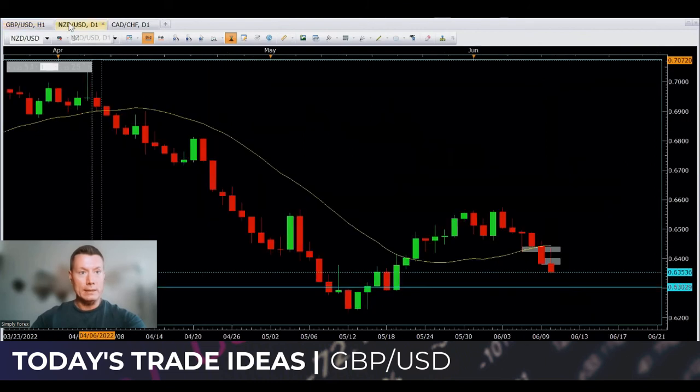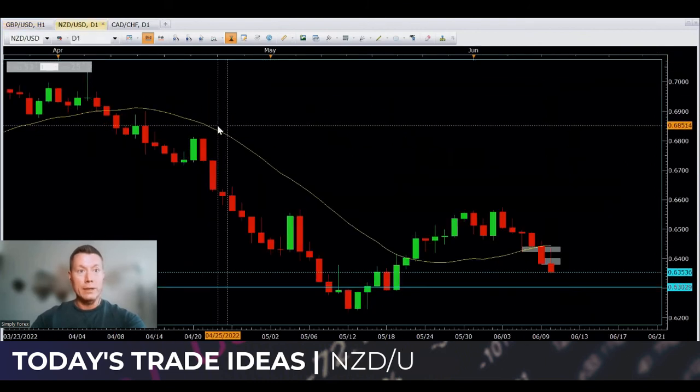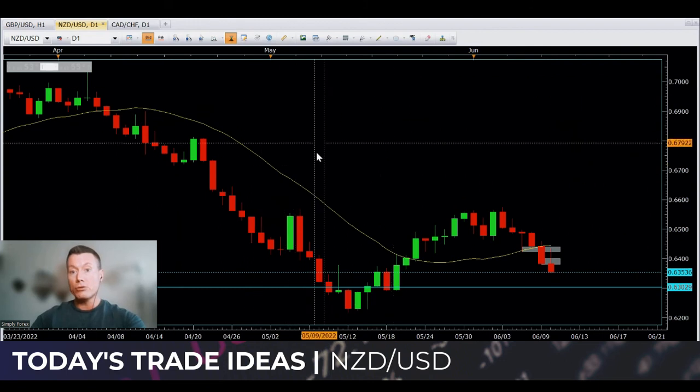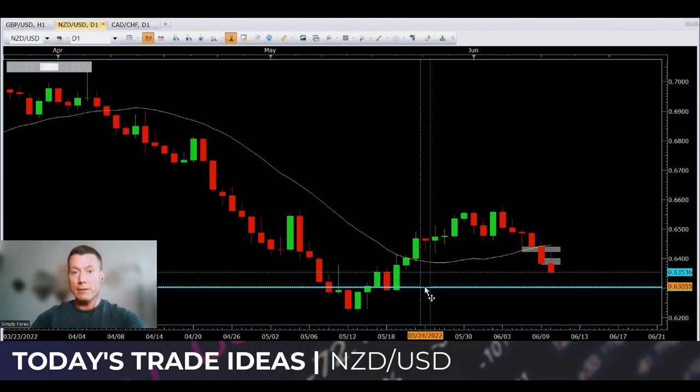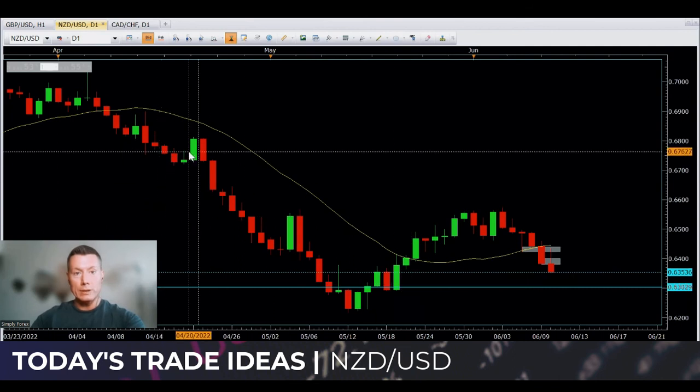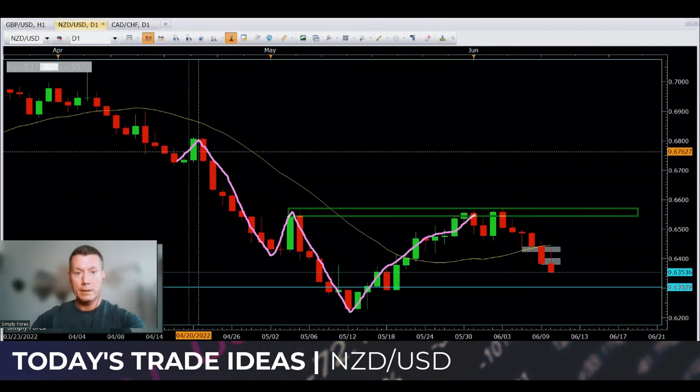The next trade is this, the New Zealand dollar against the US dollar. We've been trading this since the other day, and the same reasons apply, guys. Price was in a downtrend, or still is in a downtrend. So lower lows, lower highs, lower lows, lower highs, lower lows. And then again, guys, this last high didn't break. So structurally, we are still in a downtrend.